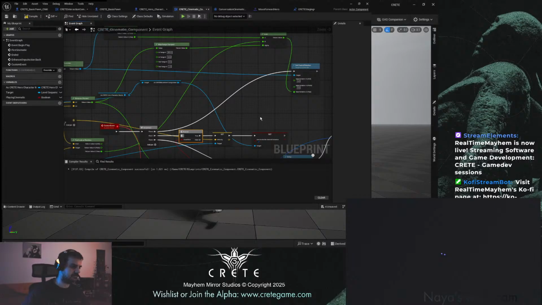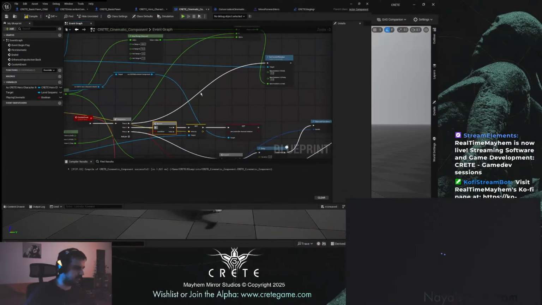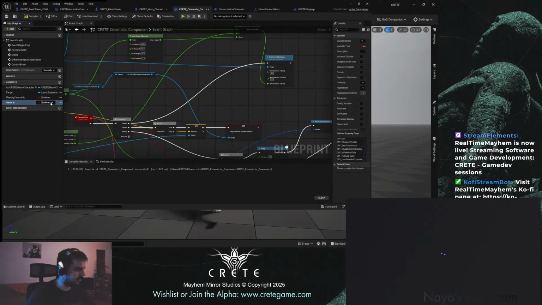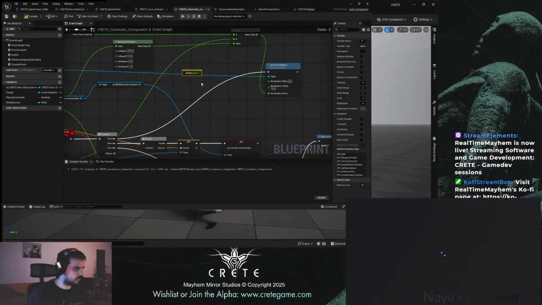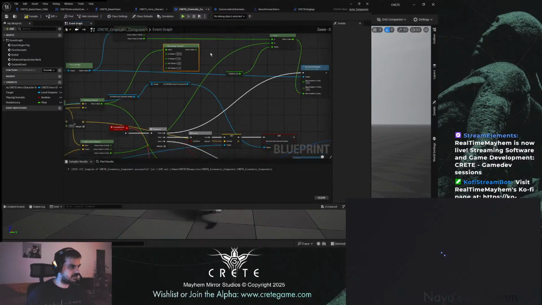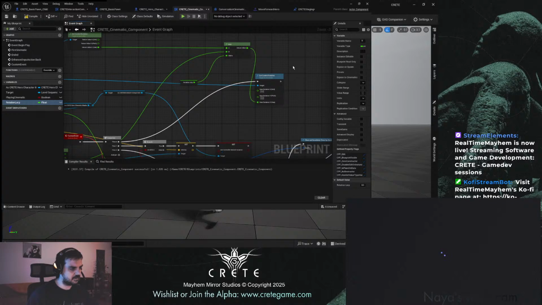But you know, I think I'm overthinking. This can be easily done with a simple float. I could even do a timeline, but rotation lerp could be camera rotation lerp. But this is going to work. So we want this to be 1. We don't need distance. We are basically slowly adding